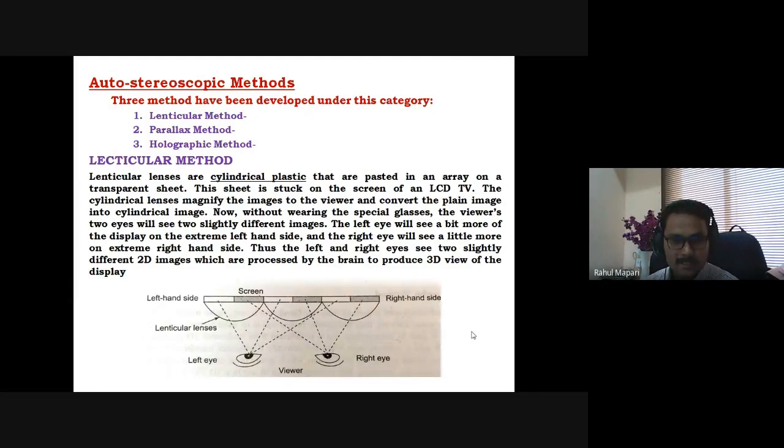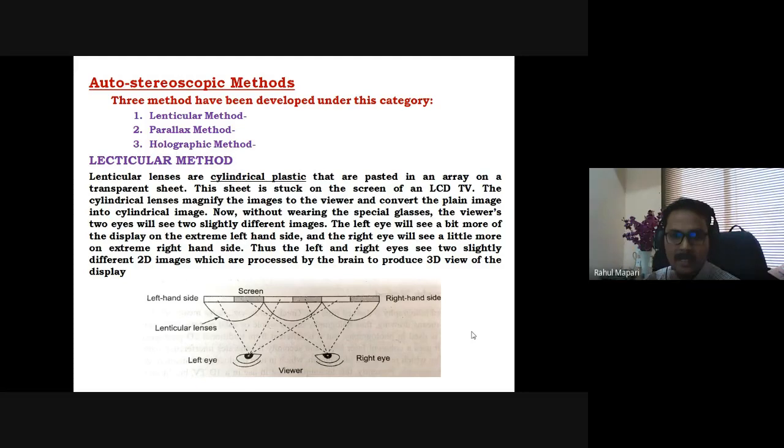Because these lenses are cylindrical in nature, the left eye will see a bit more of the display on the extreme left hand side, and the right eye will see a little more on the extreme right hand side. Because of the cylindrical structure on the screen, the left eye will see some more of the left image, and the right eye will see some more of the right image.